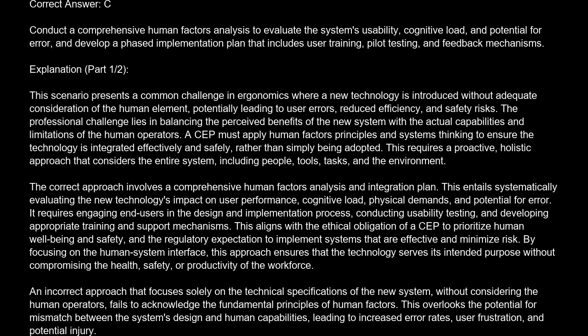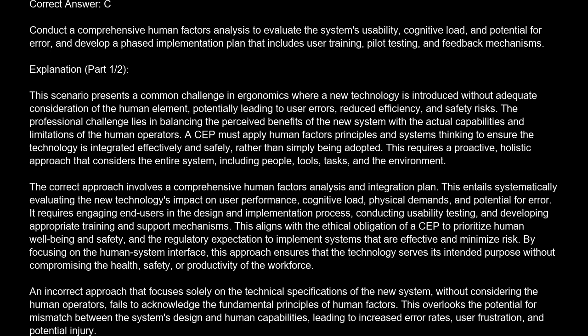This requires a proactive, holistic approach that considers the entire system, including people, tools, tasks, and the environment. The correct approach involves a comprehensive human factors analysis and integration plan. This entails systematically evaluating the new technology's impact on user performance, cognitive load, physical demands, and potential for error. It requires engaging end users in the design and implementation process, conducting usability testing, and developing appropriate training and support